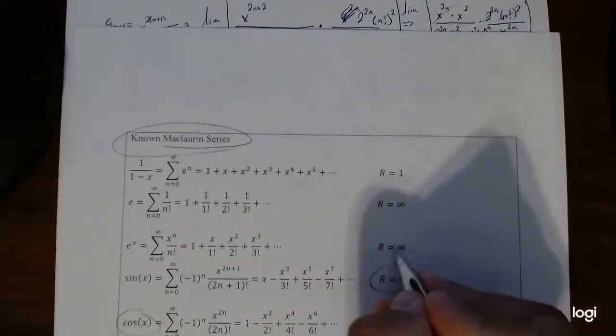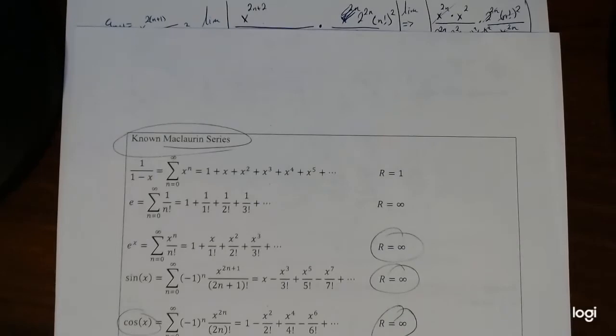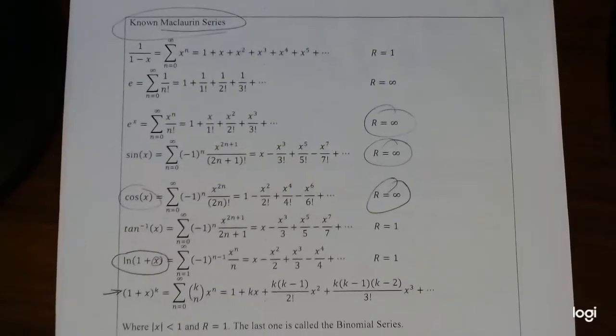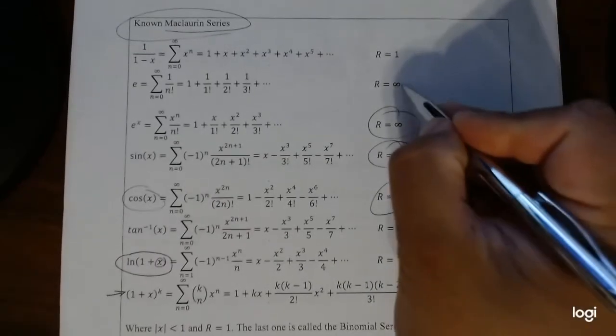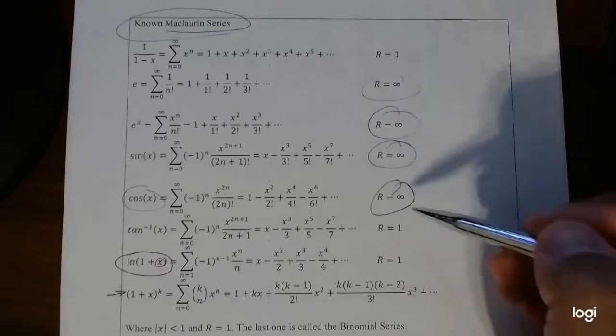Let's go to e to the x. So e to the x has a radius of convergence of infinity. I'm not supposed to tell you guys this, but let's just say this is a shortcut to knowing how to find your radius of convergence. Basically, whenever your radius of convergence is infinity,